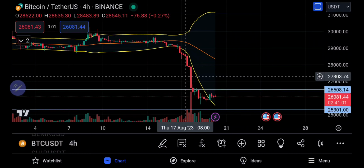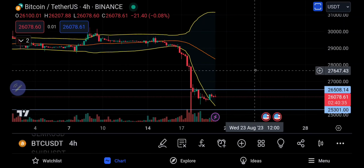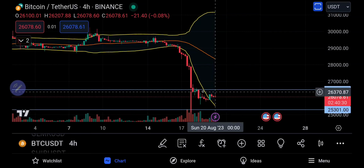The Bitcoin spot ETF is gonna get approved. It's not a matter of if, it's a matter of when. And when that happens, the floodgates are gonna open, and that's when we may have that parabolic move. But according to the chart, it may not happen until 2024. Okay, it will happen, but it's a question of when. I believe it may not happen until 2024, but we are gonna be reversing from here, a high probability. I'm looking at 28K again. We're gonna try to go back up to 28K,